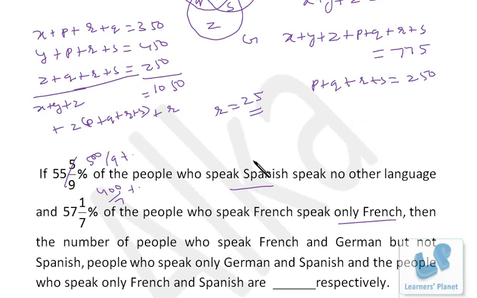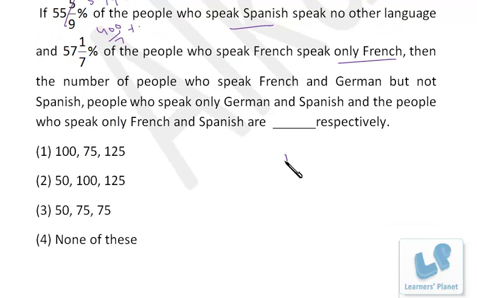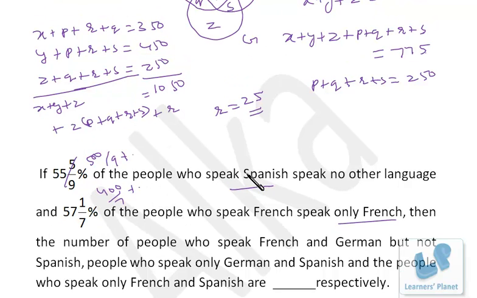So finally we have to find out the ratio of P is to Q is to S. Okay, that means we have to find out P, Q, S. Maybe order is different. So let's see. First of all,